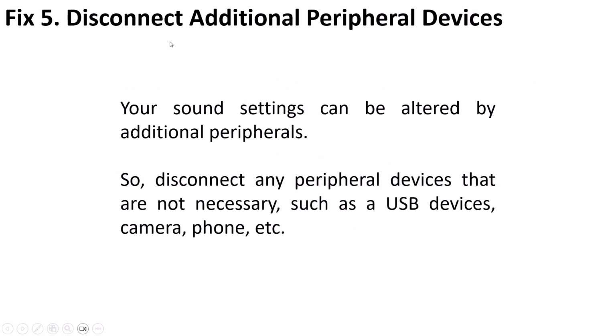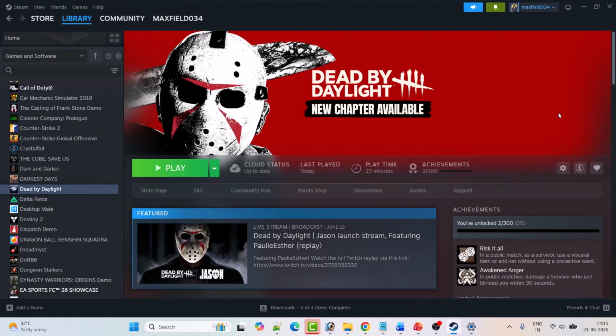Fix 5 is to disconnect additional peripheral devices. Your sound settings can be altered by additional peripherals. So disconnect any peripheral devices that are not necessary, such as USB devices, camera, phone, etc. and then check. So I hope by following these fixes you can easily solve sound or audio issues in Dead